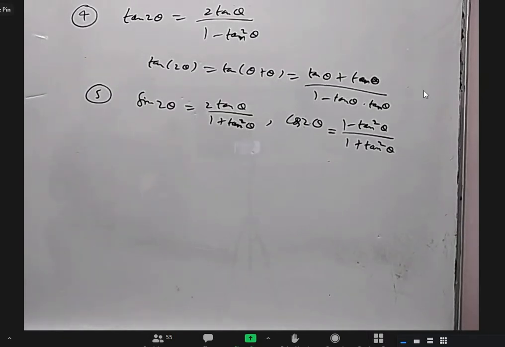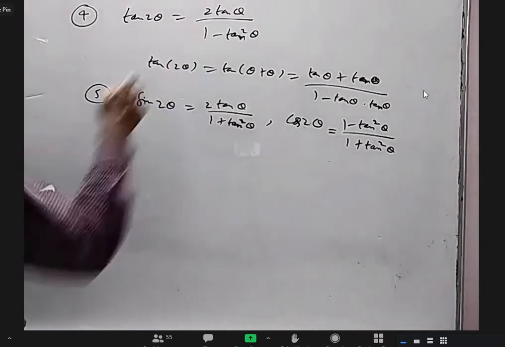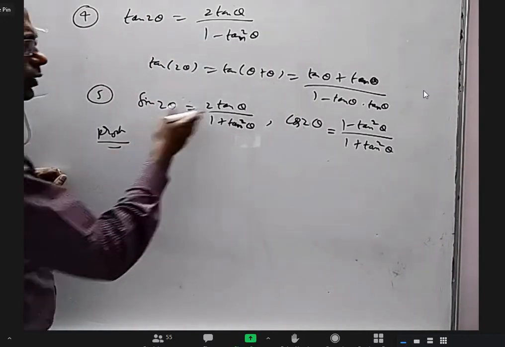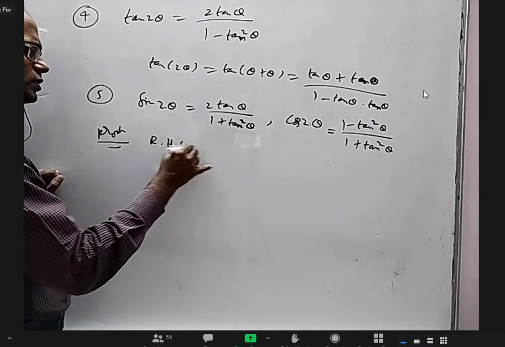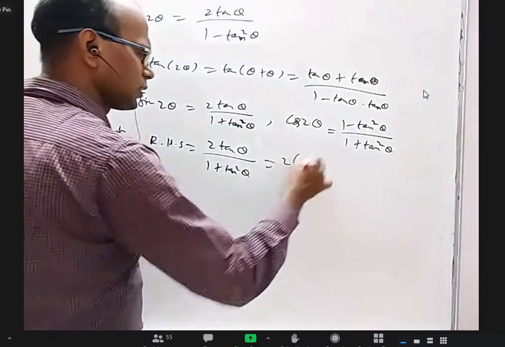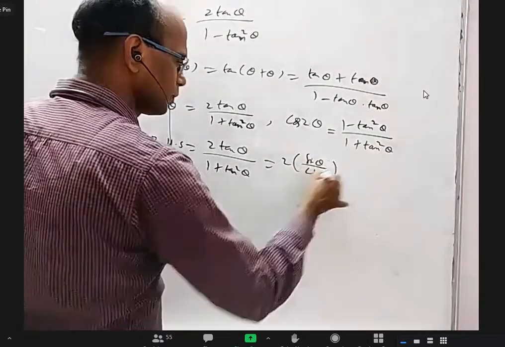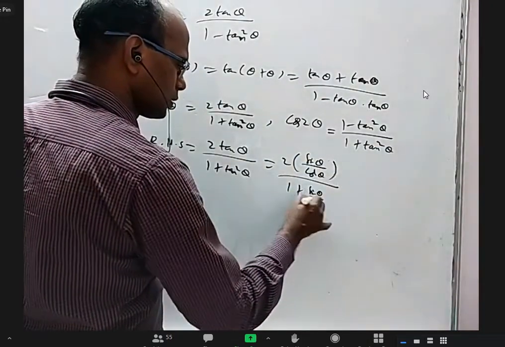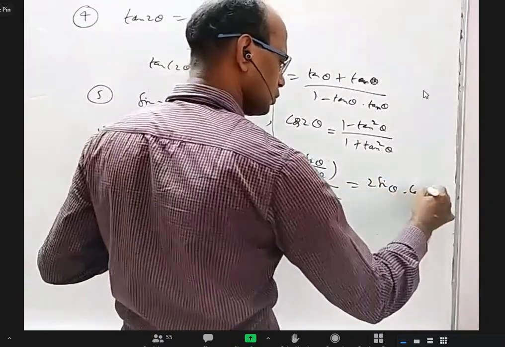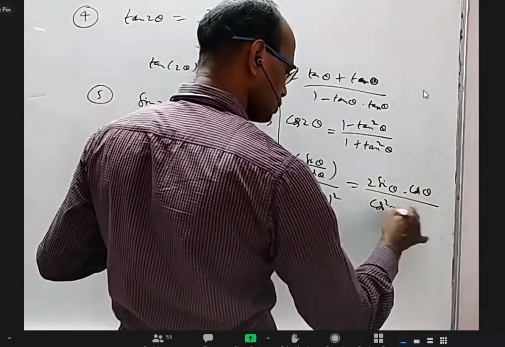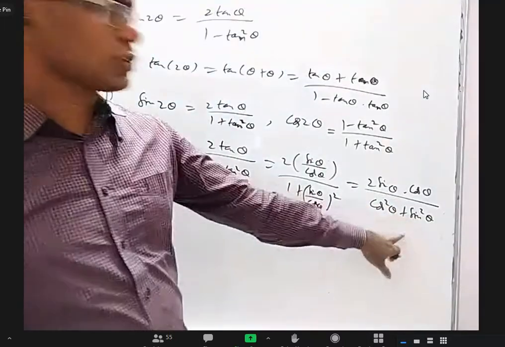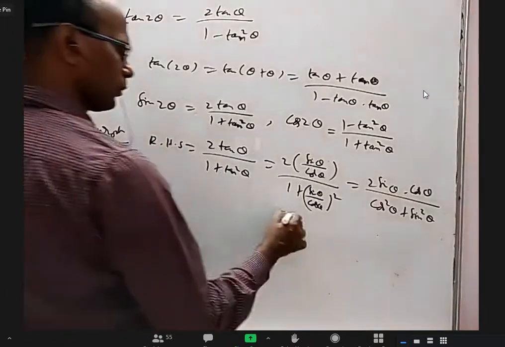Sir, we can use a right angle triangle and prove it. That is, if you look at this question alone, you may not even need to remember this formula. You can derive it. Just start from RHS. Let us say 2 tan theta by 1 plus tan square theta. Tan theta you can write as sin theta by cos theta, and this as sin theta by cos theta whole square. You will get 2 into sin theta into cos theta by cos square theta plus sin square theta. Cos square plus sin square is 1, and 2 sin theta cos theta is the sin 2 theta formula. So you will get sin 2 theta.